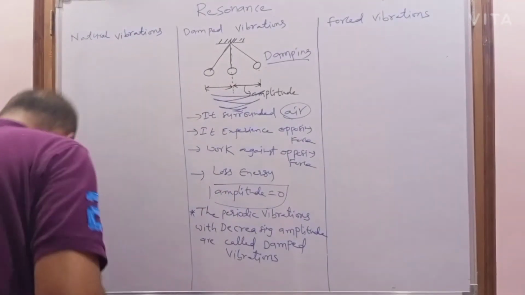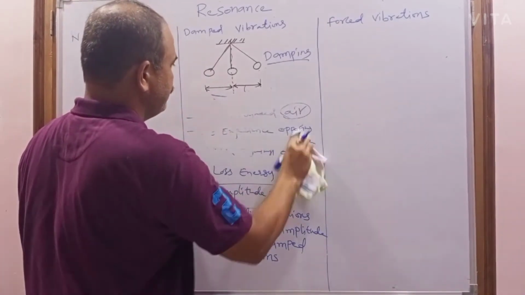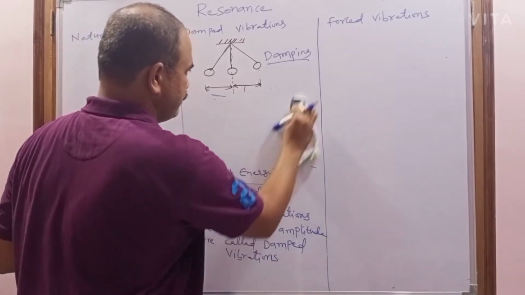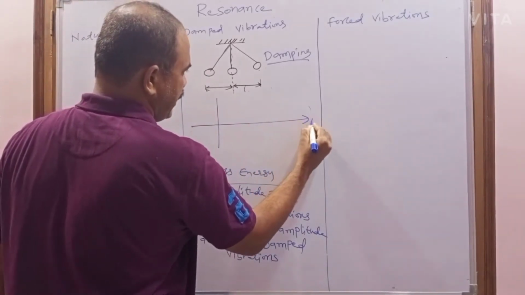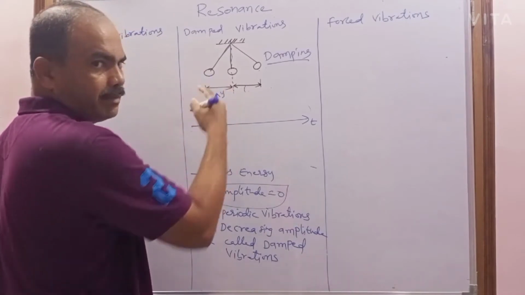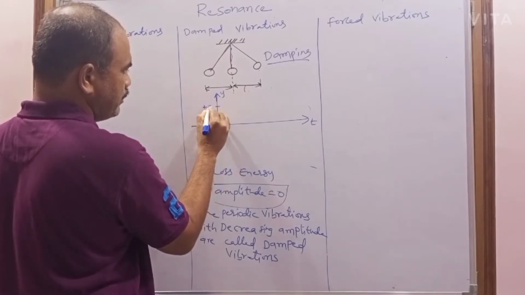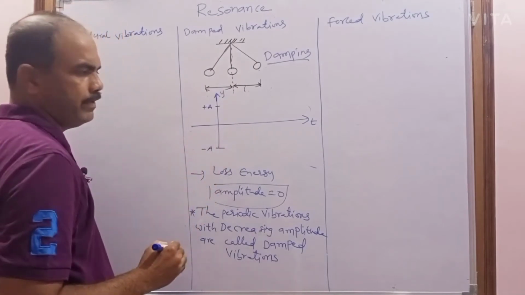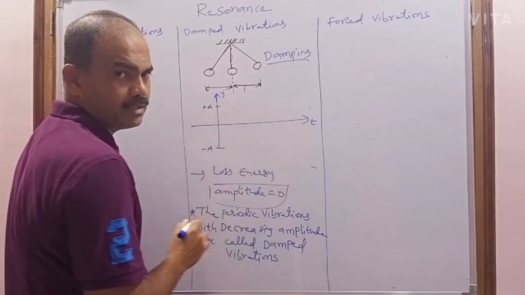So that's why, when I draw the displacement versus time graph, consider on the x-axis I am taking the time, on the y-axis I am taking the displacement. Displacement is nothing but amplitude here. The axial amplitude on either side will be plus a on the right side and minus a on the left side. This is called the distance versus time graph.